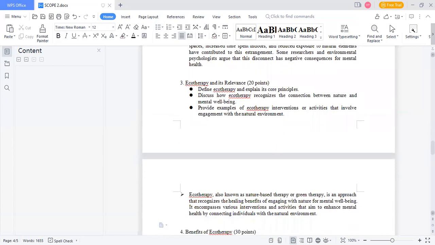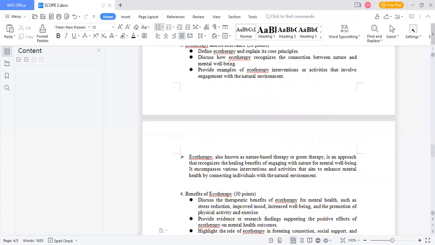All right, underneath I have a little bit of such. Ecotherapy, known as nature-based therapy or green therapy, is an approach that recognizes the healing benefits of engaging with nature for mental well-being. It encompasses various interventions and activities that aim to enhance mental health by connecting individuals with the natural environment. That is, I might say, the definition that I have brought